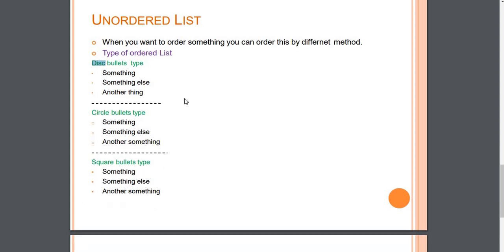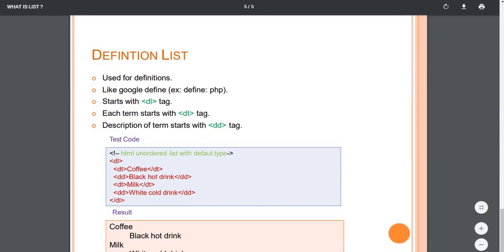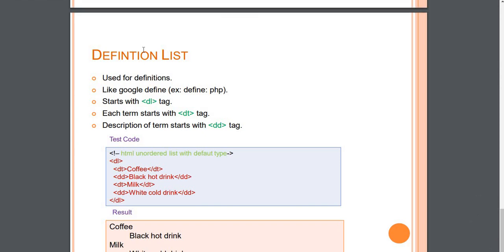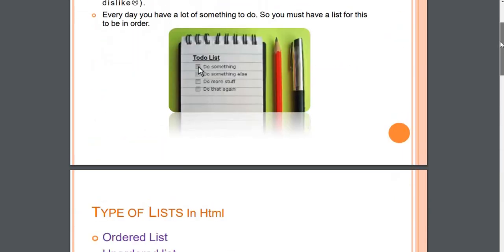And the last, not the least, is the definition list, or description list, anything you can say. For this list, you can take an example: if you define Facebook, they give a heading, right? Within it you can see, for example, coffee. Within this particular coffee there is a section explaining black coffee, black hot drinks. So this is a definition list. This is a theoretical portion which I will be attaching in the description. You can take it from there.